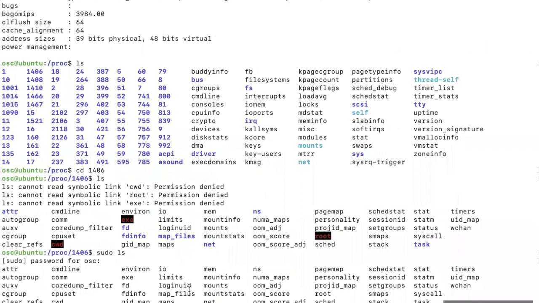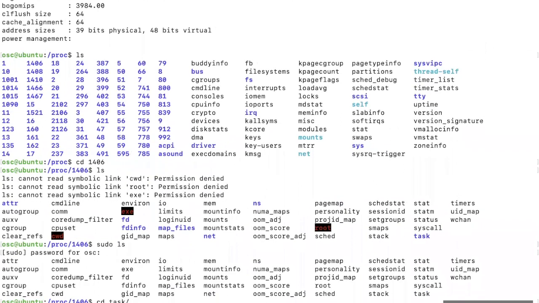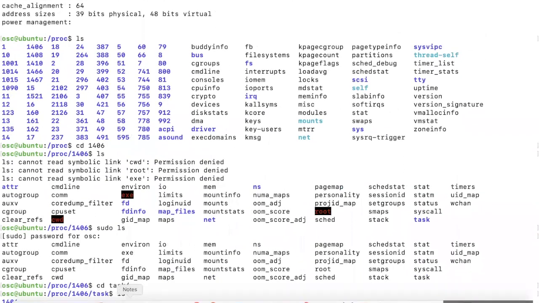Then you can see all the information which is available here. Now, if we want to see the number of threads that are running, you can go into task. Here you will see that it is just a single thread process running right now. And if you want to see the status, you can see that by